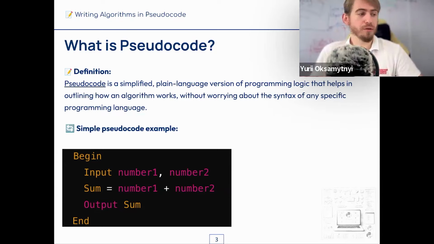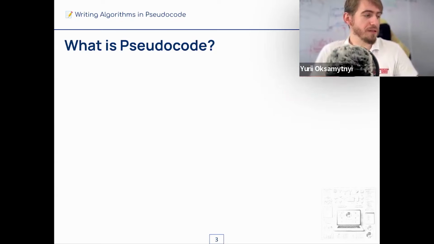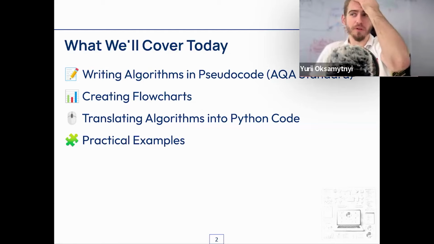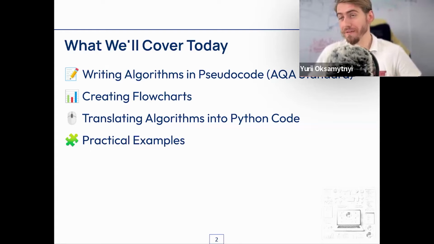As you could notice at the beginning of the previous slide, I paid attention to AQA standard, because again, you're going to do the AQA exam, so it's important to follow their standards. There are many different ways you can define pseudocode. It can be human-described language, which we're going to talk about today as well. It can be, again, AQA standard. In universities, we're going to talk about different standards. Today, we are going to focus only on those required by AQA standard to successfully pass the GCSE